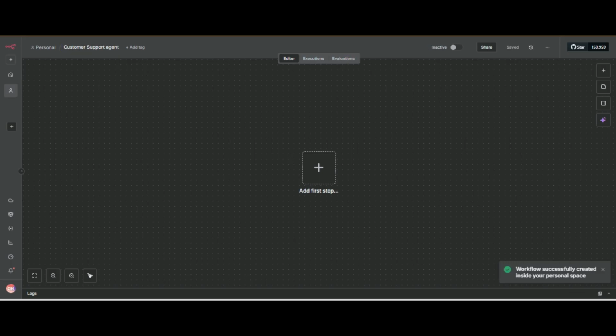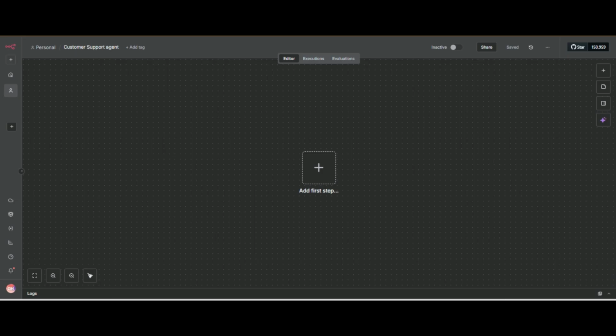There is an editor, there are executions where you can see your executions, and evaluations. At the first step, every agent will start from a trigger. There are several types of trigger.